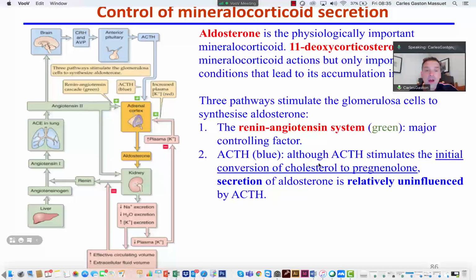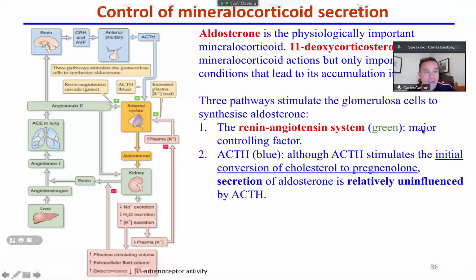So, although ACTH stimulates the initial conversion of cholesterol to pregnenolone, remember? So, the cholesterol gets modified. Then this further gets modified to finally produce aldosterone, okay? But the secretion of aldosterone is only relatively influenced by ACTH. ACTH starts only the first step of cholesterol to pregnenolone. However,